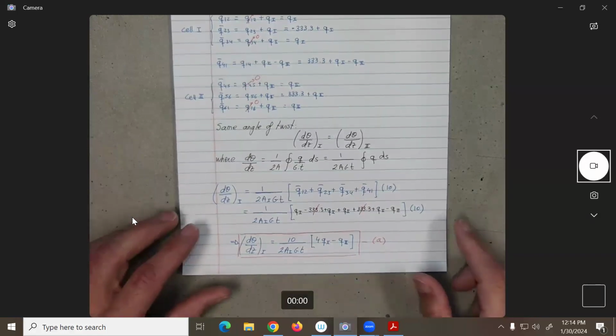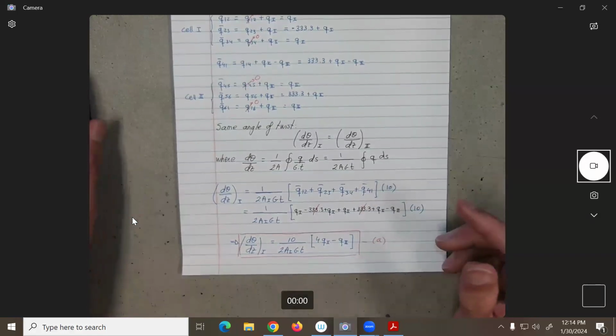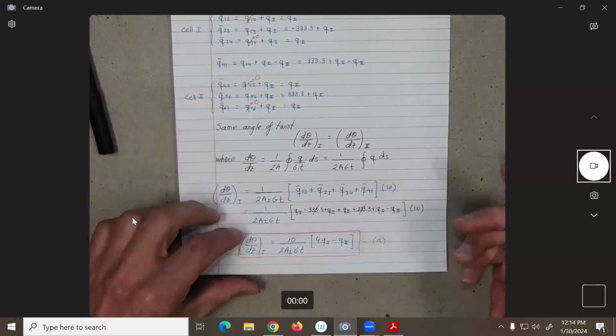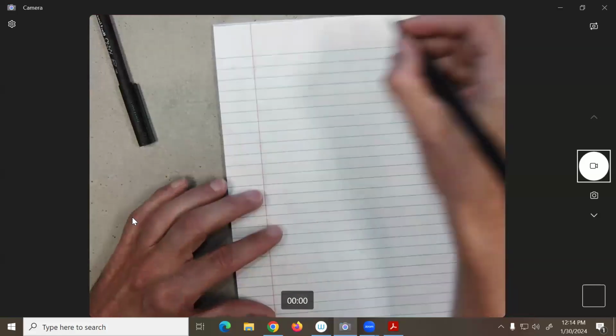Okay, so now we do the same thing for the other one. I'm going to start speeding up a little bit. I want to finish this part. So next one, we're going to have